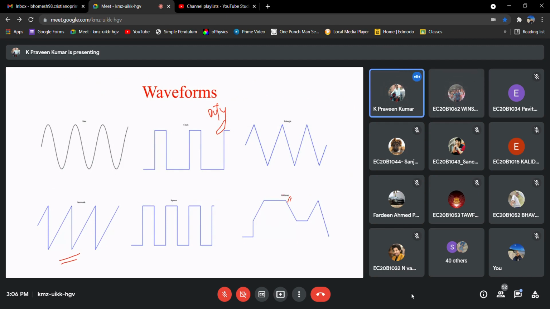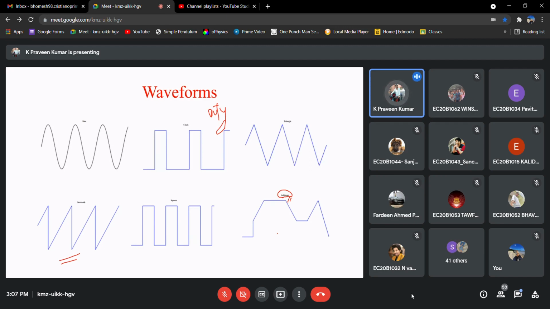Yeah, okay. So this is an arbitrary waveform. This kind of waveform you can't generate from the CRO. CRO is specifically to generate some specific waveforms. What will we be using for testing our circuit? Whatever circuit we are connecting on, say for example, a breadboard or PCB, whatever it may be, to test your circuit, you need some signals. So what kind of analysis are you going to do?